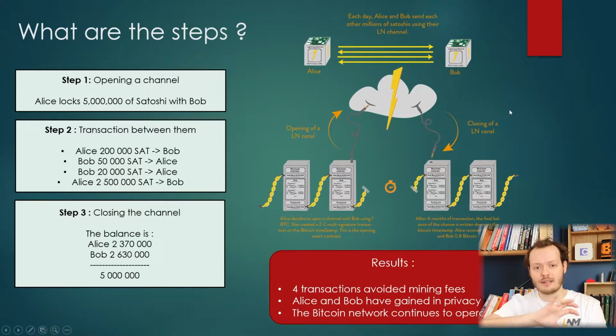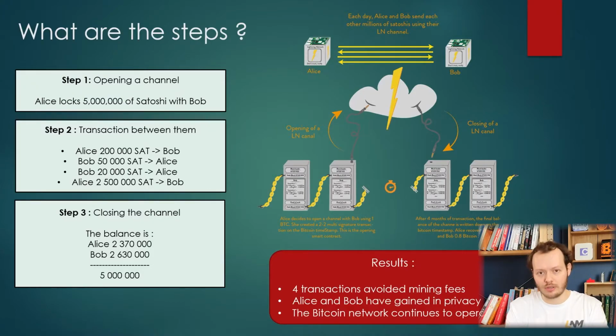And so, if that is the final balance, you still have the 5 million Satoshi that you've locked, because you cannot spend more than you've locked at the beginning, of course, since it's on the Bitcoin blockchain. You cannot spend what you don't have. So the limitation here in this example is 5 million. You can increase it if you want. And when you're done, you're gonna do a closing transaction, meaning that